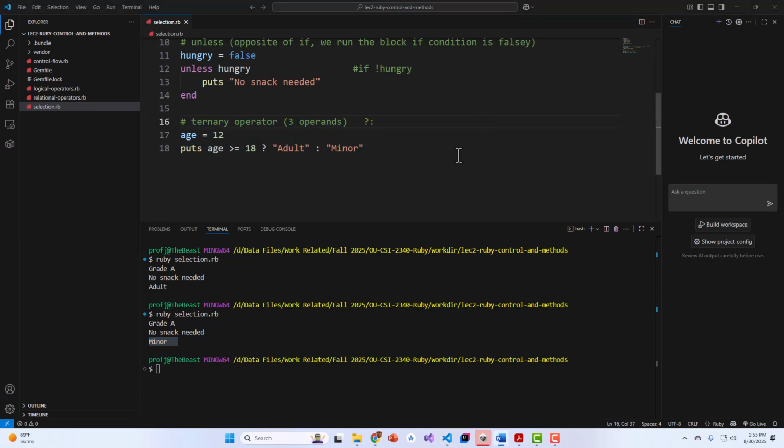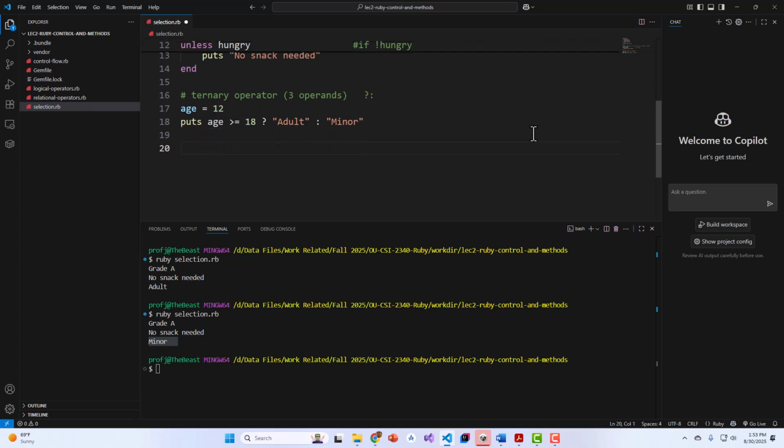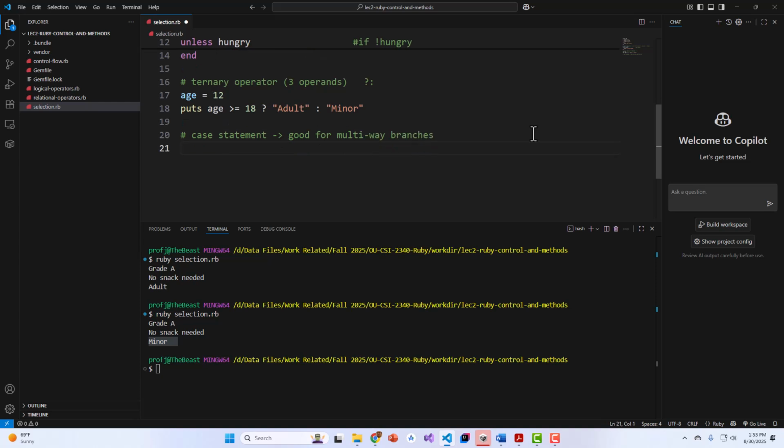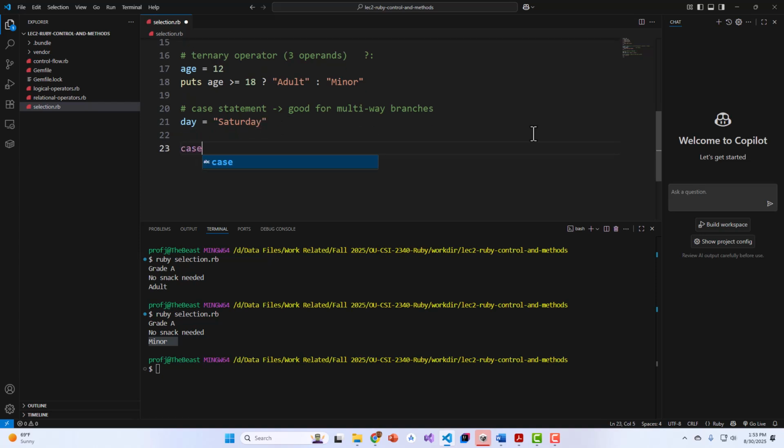We can also use case statements. This is like a switch statement in a lot of other languages. So a case statement is good for multi-way branches. Okay, so let's say the day is Saturday, and we're going to say case day